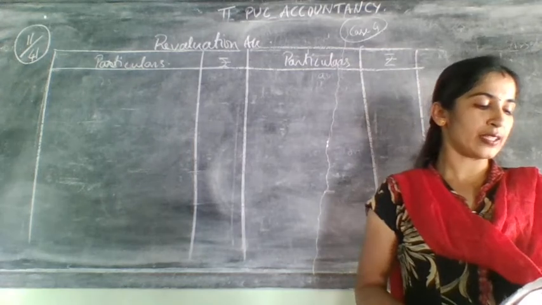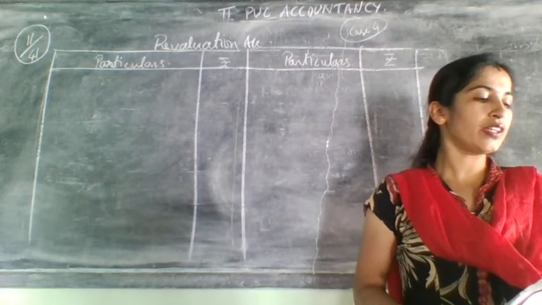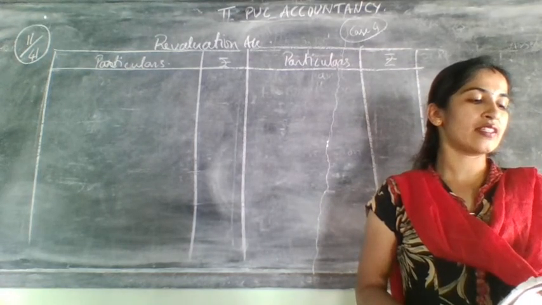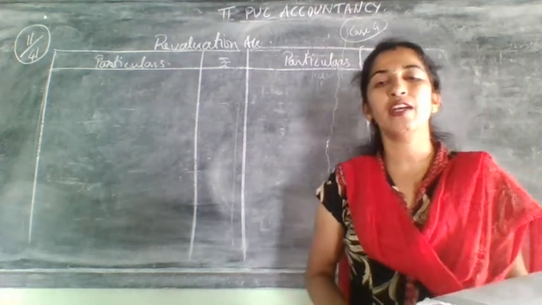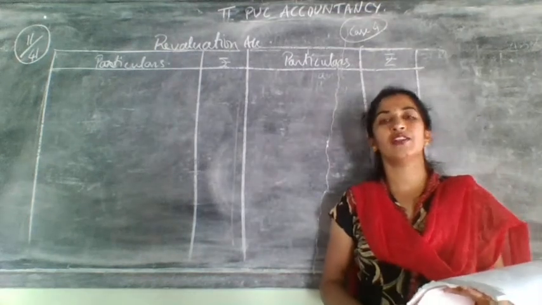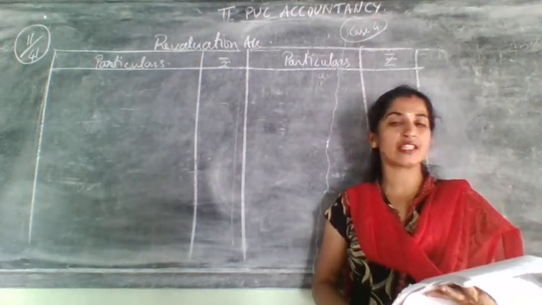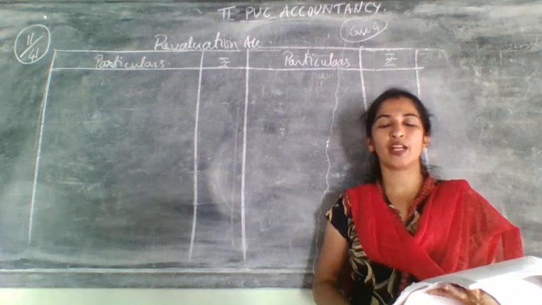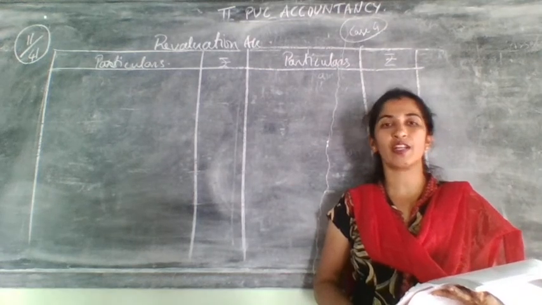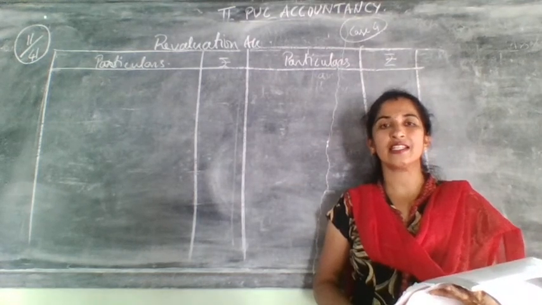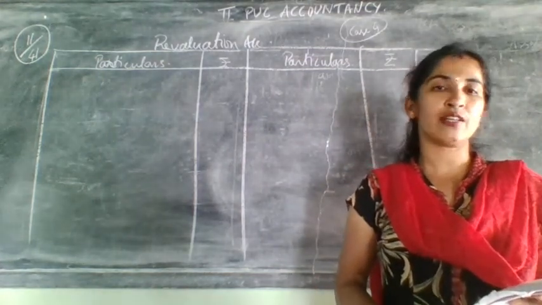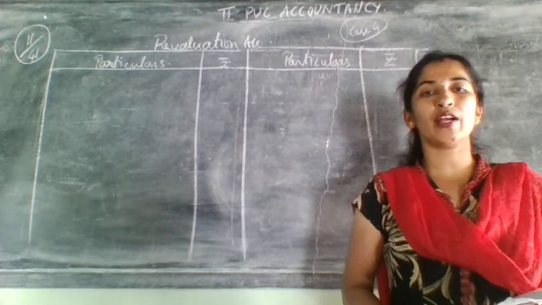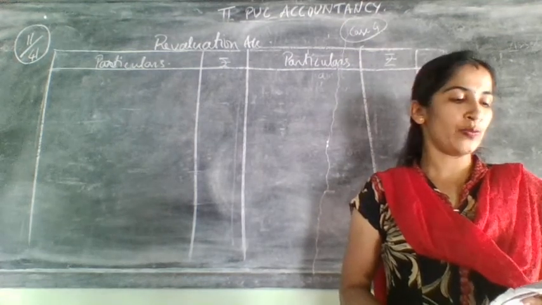On the liability side, creditors 1 lakh. Reserves, which is nothing but reserve fund or general reserve. Where will this reserve come? It will come in the partners' capital account, so in front of that write C. Creditors will go to the balance sheet, and the bank overdraft also will go to the new balance sheet.